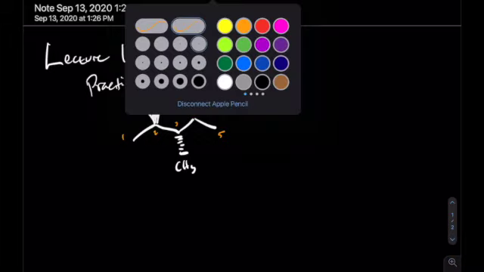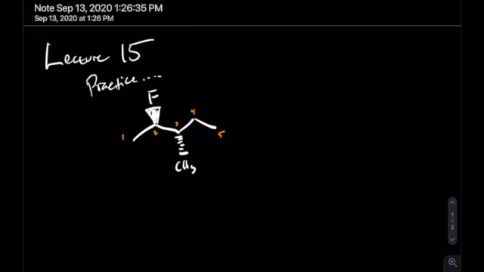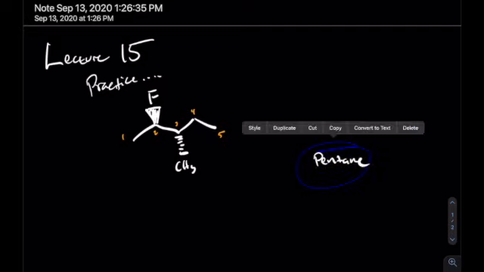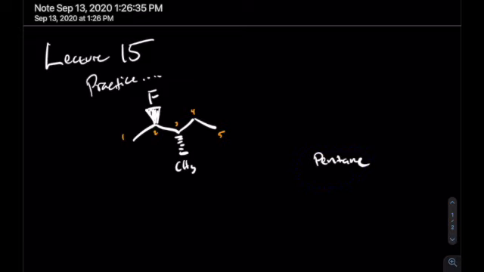So that's pentane. That's a pretty easy thing to come up with, right? So our root is pentane, and we move that pentane over there, right? And then that becomes our 3-methyl, and then that is our 2-fluoro,